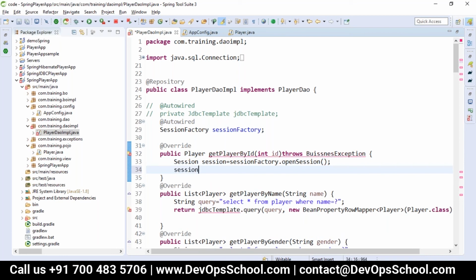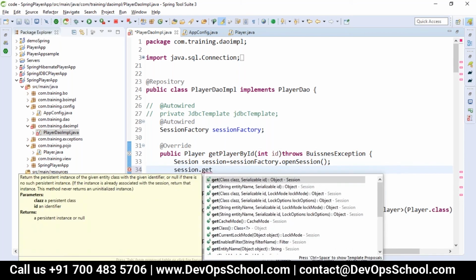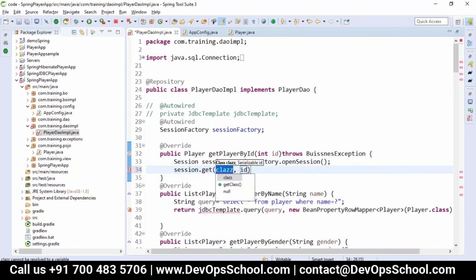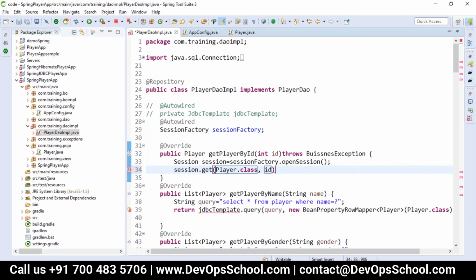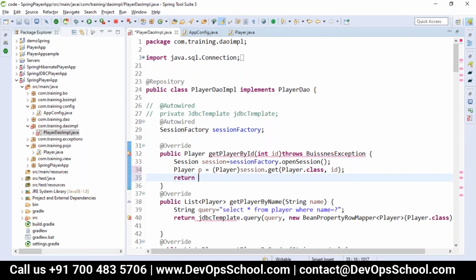After that, the method called get is there. In the get method, what is your entity, which is player dot class, and what is the property we want to set, the ID. It will return the player, so I'll take it to the player P. It should be typecasted, and returned.